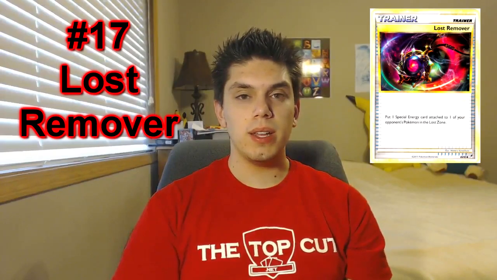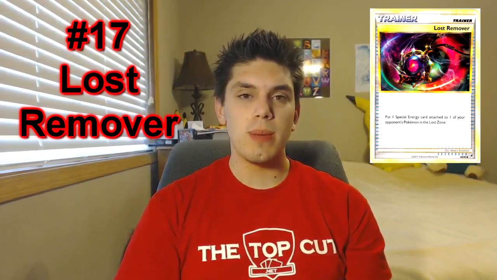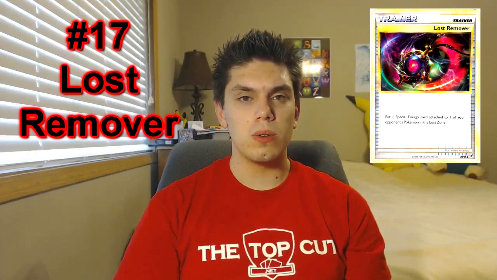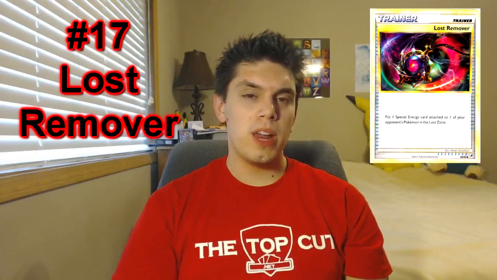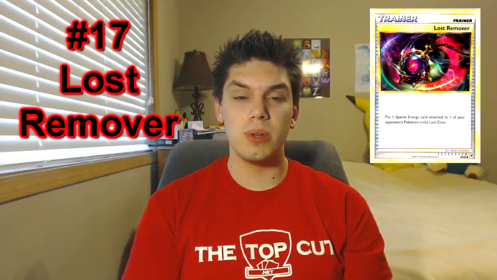Number 17 is Lost Remover, a trainer card that really didn't see much play when it initially came out. When it did come out, people looked at it and said, oh, that's really good. That could be good someday. But there wasn't much emphasis on special energy at the time, so there was really no reason